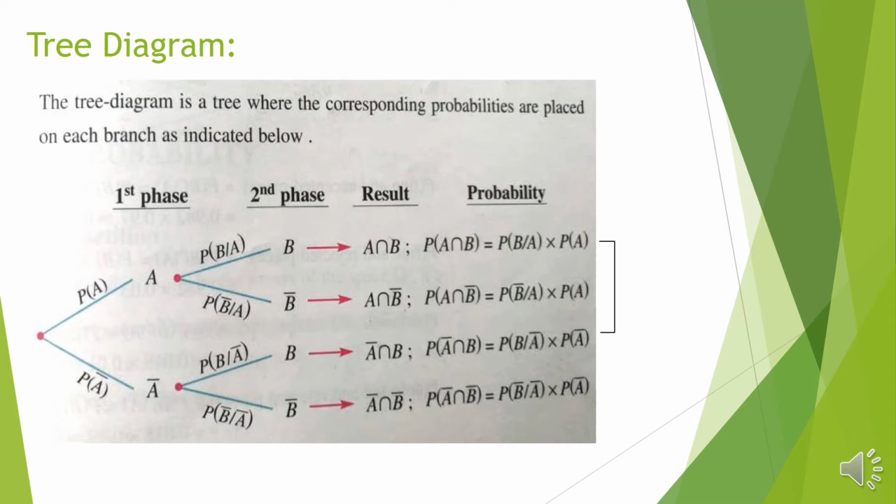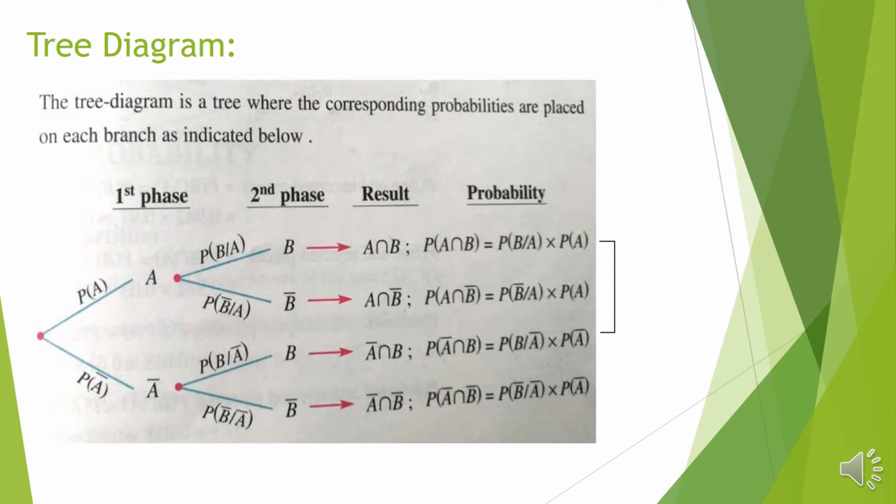Notice here in the tree diagram, this is the probability of A times the probability of what? Of B such that A. To get the probability of A intersection B, we go along these branches. The numbers I have here, this number and that number, if you multiply them you get the probability of A intersection B, or A and B. In this branch, if you multiply the fraction here by the number here, we get the product, which is the probability of A